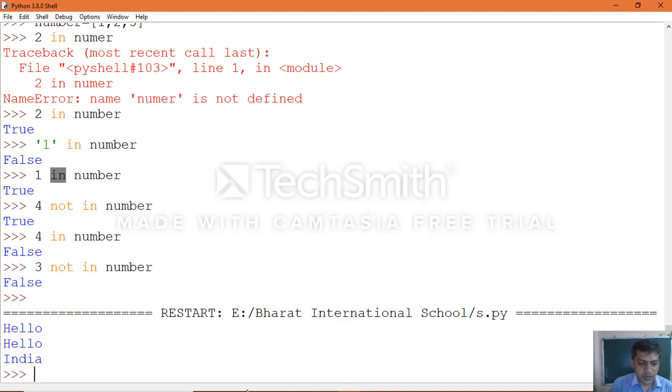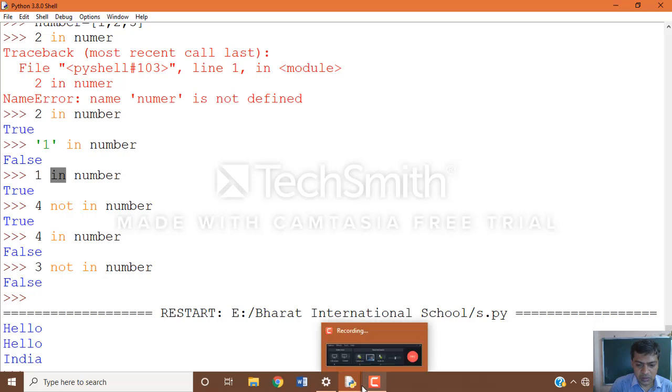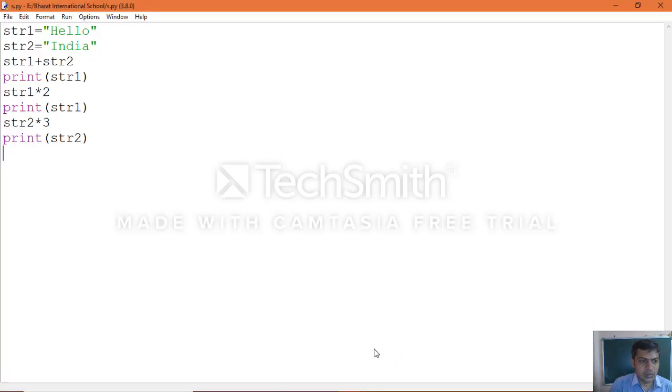What is the program which we wrote? Here str1 plus str2, just assign to another variable. Now see the difference here between interactive mode and script mode. When you are working with script mode you must be careful.